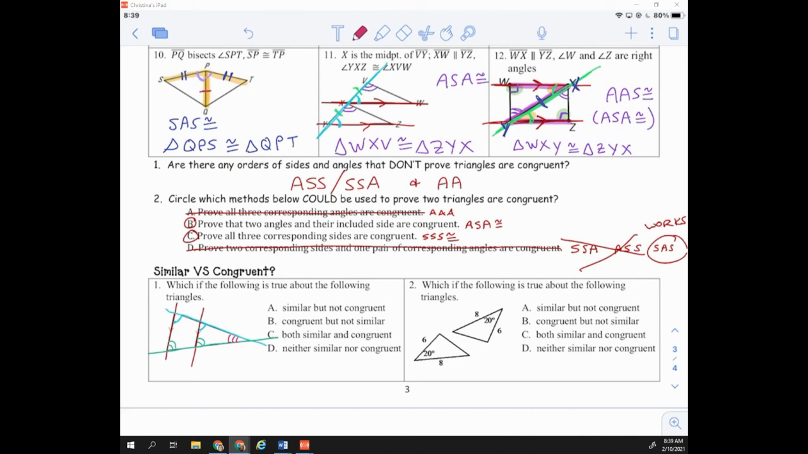And to prove congruence, we have to know something about at least one side. That's the minimum amount of side information that we can get to prove congruence. So we have enough information here to prove similarity because we know that all of the angles match, and we only need angle, angle in order to prove similarity. But we just don't have enough information to prove congruence. And then number two,